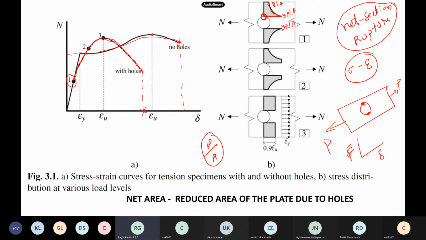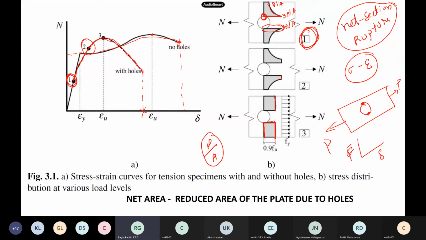Here the stresses are so high that this portion will reach yield strength very fast, because it is 3 times. So this portion of the material around the hole reaches the yield stress automatically. Once it has reached the yield stress, the stresses get redistributed, and the next fiber starts taking the load. So automatically this portion reaches the yield stress, and slowly, you followed, the entire specimen or the entire cross section reaches the yield stress, that is point 1. So point 1 is this one. This is how the stress distribution looks like.